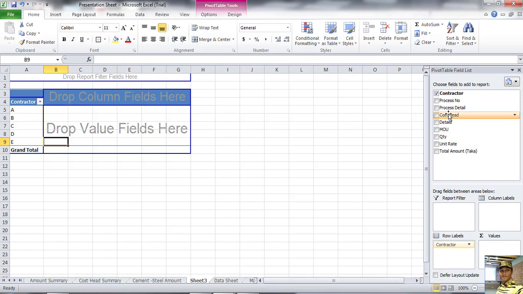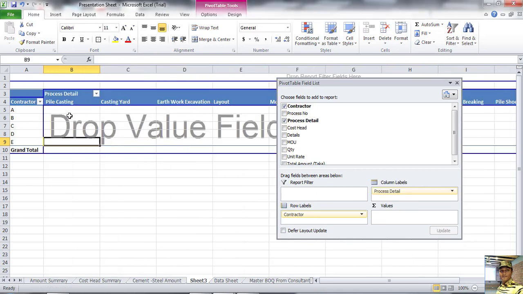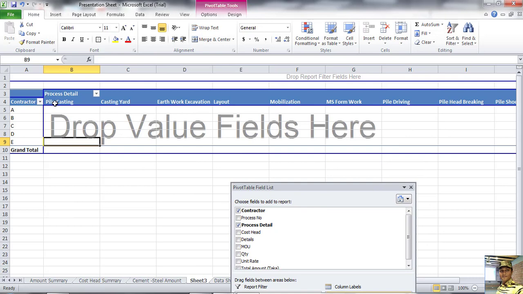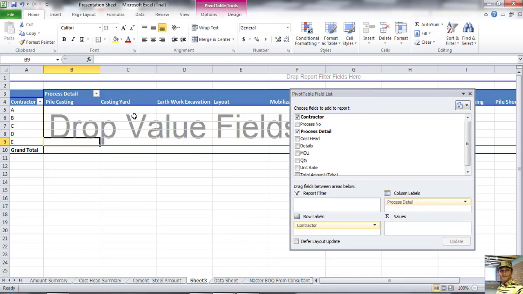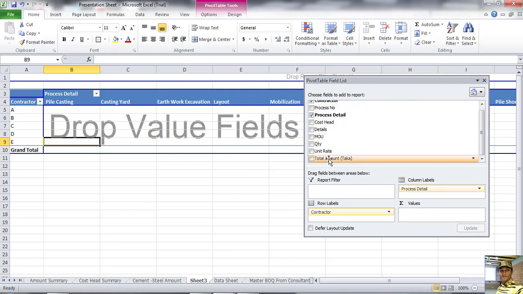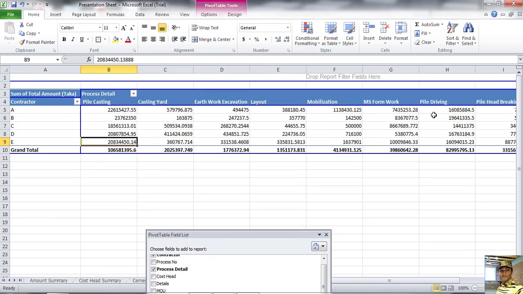So what we'll do, in the same way we select this one and keep it here. Now see, also pile casting and these items are shown here. Now if we want the total amount vendor wise, what we'll do is select the total amount and drop it here. Now see the total amount shown here.